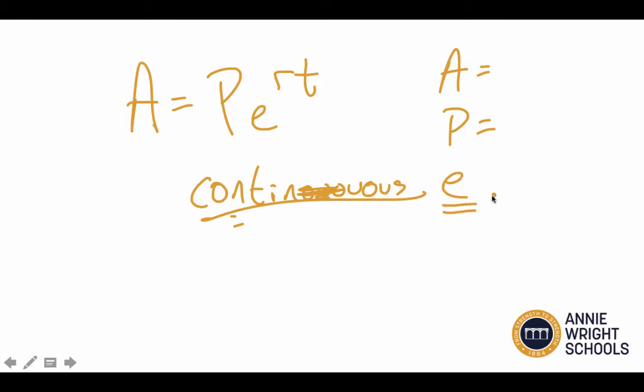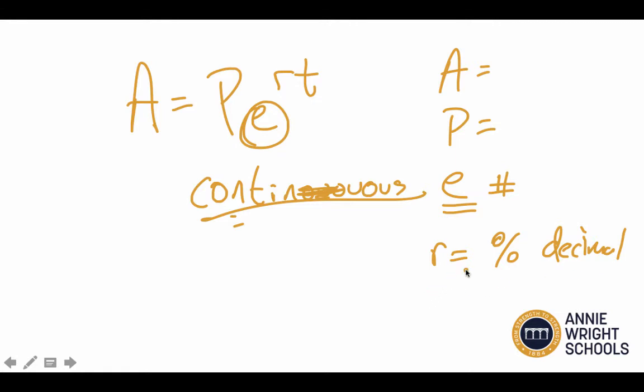It's on your calculator. e to a power is right above the ln button, right next to the number 4, and it says e to the x. You can also just get the e number by using, on the fancy calculator, right above the division symbol. So this is just a number. It's your base. And then the rate can be any percentage entered as a decimal, either positive or negative, and